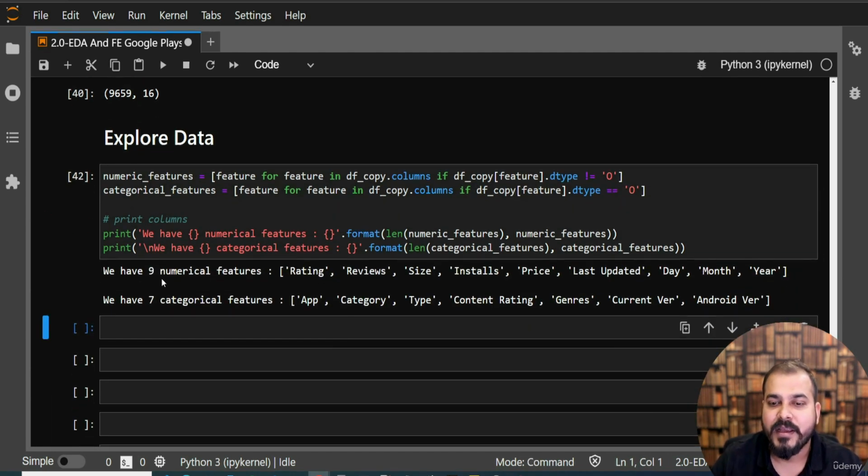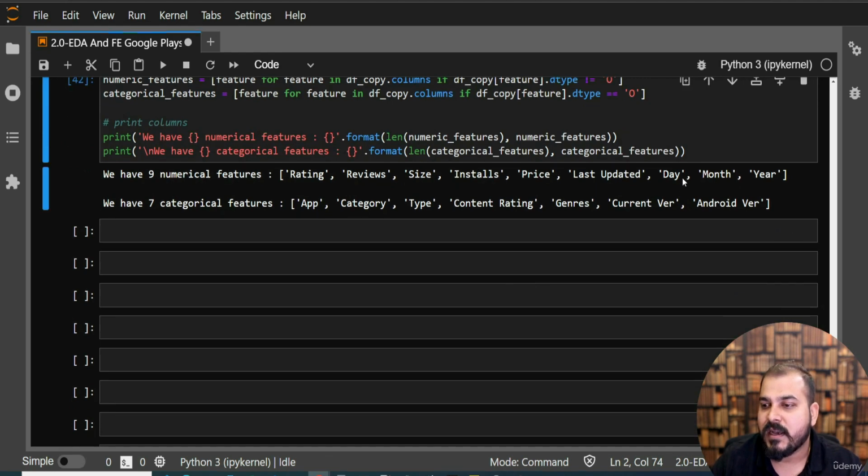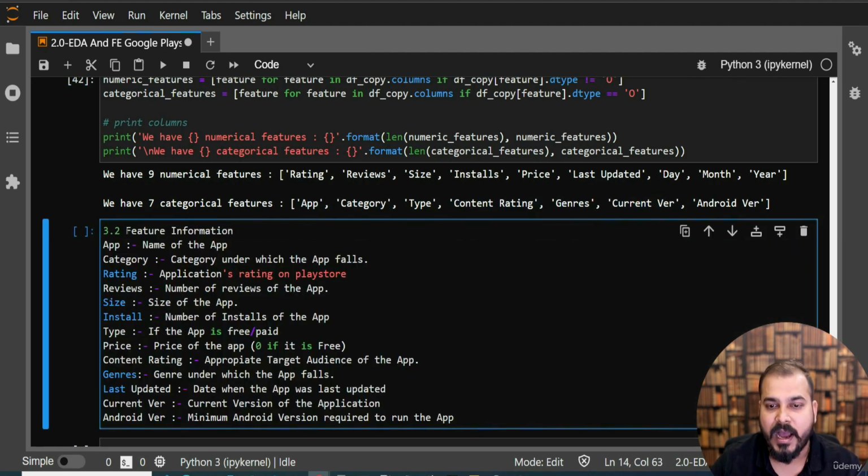Now I think we have 9 numerical features: rating, review, size, installs, price, last updated, day, month, year, and we have 7 categorical features like app, category, type, this, that, right? So all this information is basically there. I'm also going to give all the information of the features that you have over here, okay, so that you can keep this for your own